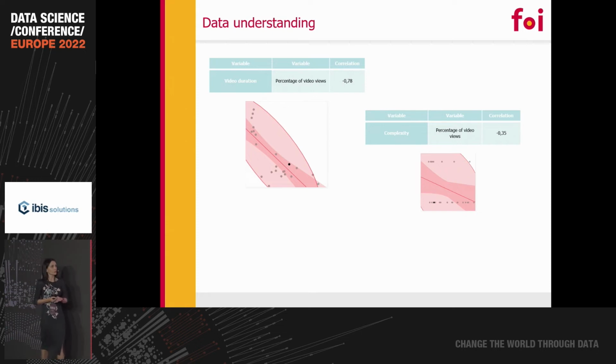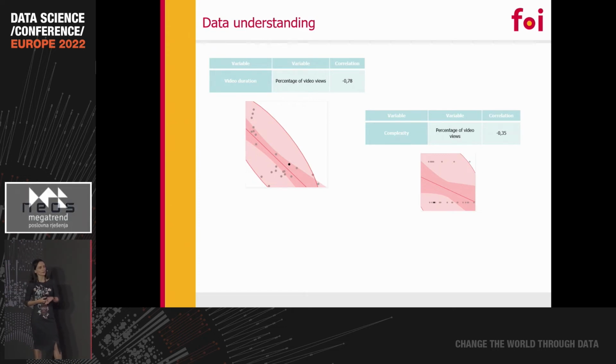Here are the results of the correlation of the video duration with the percentage of video views. This is this number here. As you can see, it is a very high negative correlation, which indicates that the videos which had higher duration had a lower number of views from the students. In our case, videos of about 10 to 15 minutes were downloaded, and students wanted to watch those videos, and videos which were prepared for the lectures with a duration of 40 minutes or 60 minutes had a lower